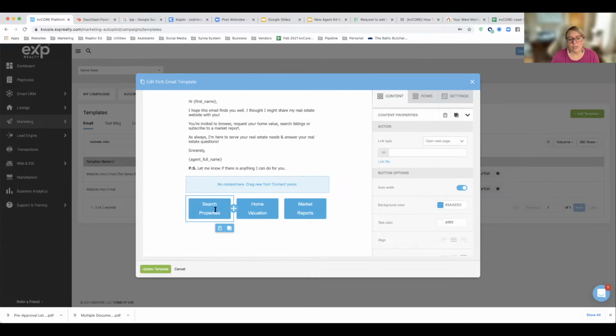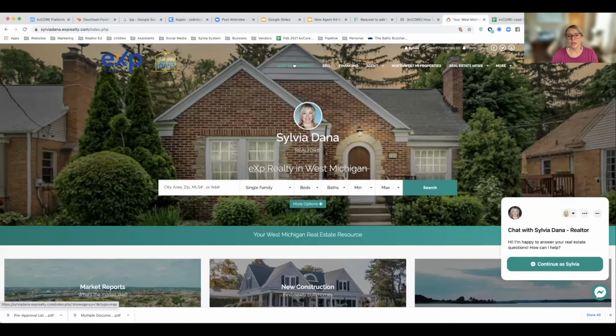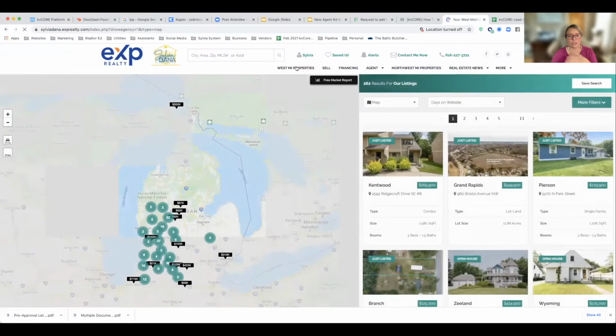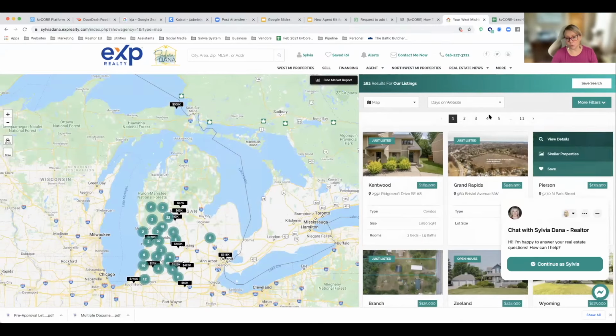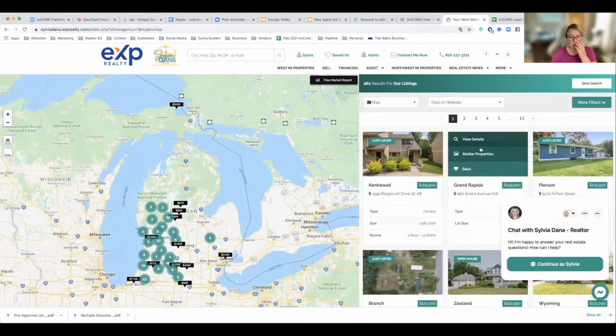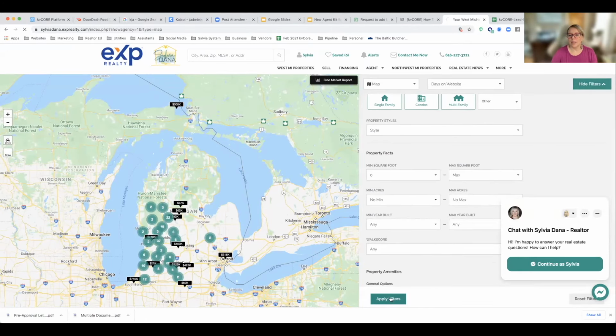Okay, and then what you can do is you can put links here. So how am I going to do that? I'm going to go back to my own website and I'm going to do the search property link. So here I'm going to go to my search property, West Michigan properties. And one thing to know when you click on this, it's probably just going to show you all of your brokerage listings in the MLS here, and it might not be that many, and you might want more. You might want to just show the whole MLS. So by default, it's going to show our listings, which is kind of a pain, I think. But to change this, you're just going to click on more filters, apply filters,